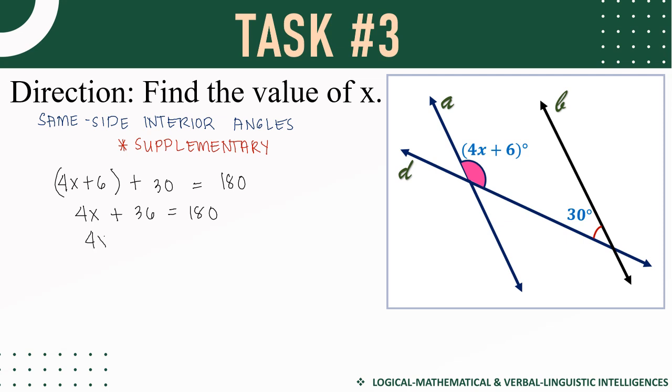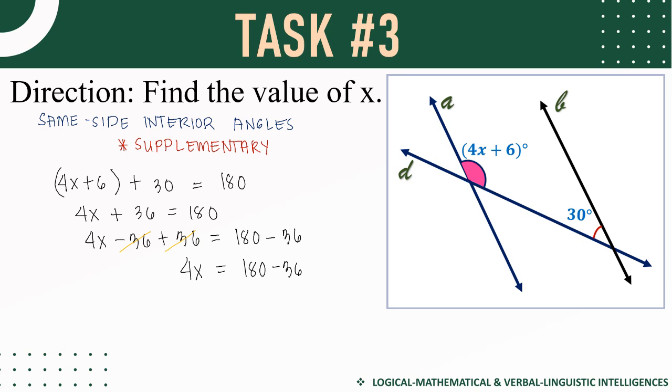Thus, we're going to isolate 4x, the left side, by adding negative 36 or the inverse of 36, to isolate the 4x. So that means whatever you added at the left side of the equation must be the same thing you're gonna do at the right side. So here, you can see negative 36 plus 36 would be 0. Now, we're gonna have 4x already equals 180 minus 36.